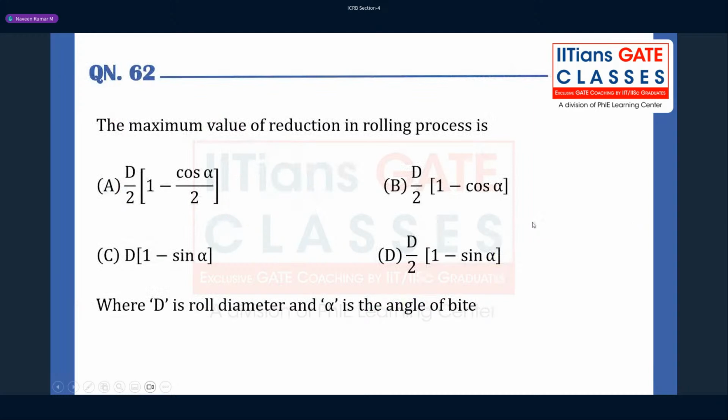Pick the right one. First, D by 2, D by 2, remove those. Option is not there. Very good. Answer is